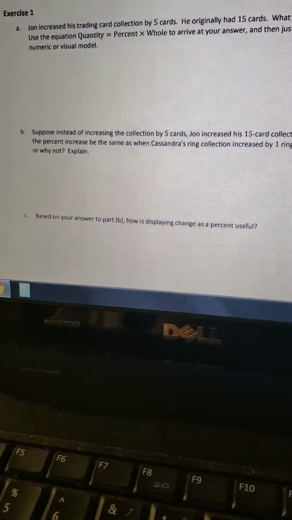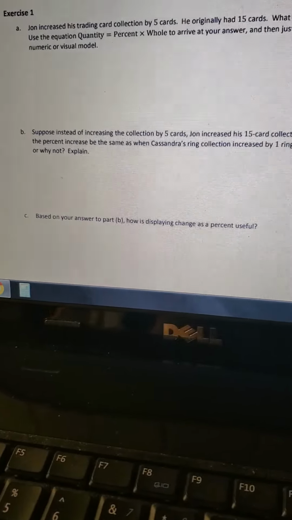Okay, so to answer the questions, we basically do the exact same problem. And so whole times percentage equals the fraction or part. The only difference is that the fraction is 1 now and not 5. So we work through the problem. 15 times p equals 1. It means we have to divide both sides by 15 to get rid of times 15. Did the work over here really quickly. So 15 divides into